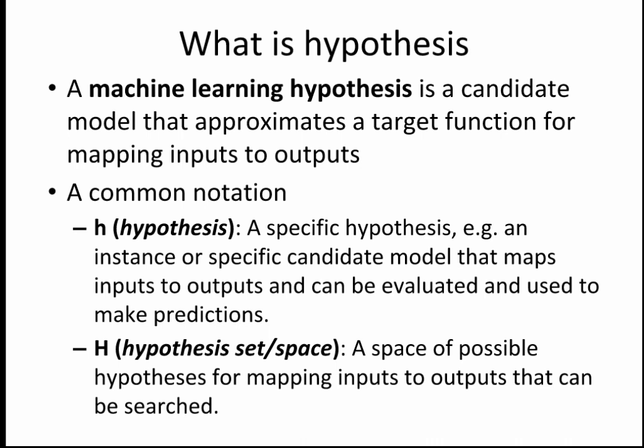So how this hypothesis actually looks depends on the problem or the way the problem is being dealt with. In our case, we are having a hypothesis as we are saying, it will be a model that will approximate a target function. Now the target function over here is to judge whether this picture is of a bird or not.